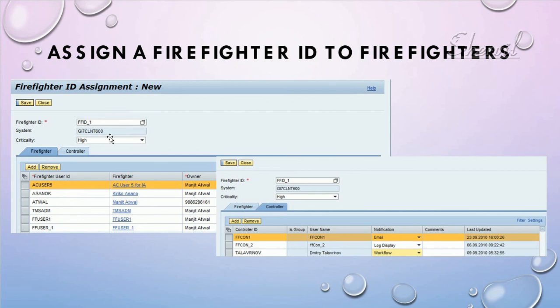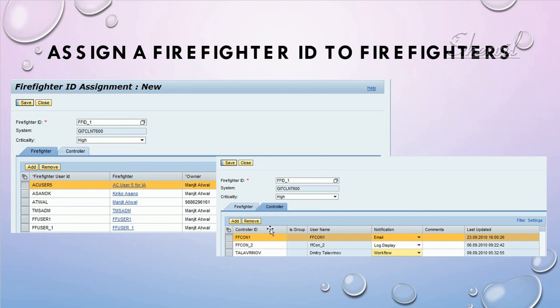And similarly, the firefighter ID, who you can assign the controllers, okay? Who can do what, right? This FFCon1, for example, if you look at the screenshot, he will be notified through email notification. FFCon_2 can check the logs. This TAL Varnivov, now he can check Dimitri, he can check the workflow.